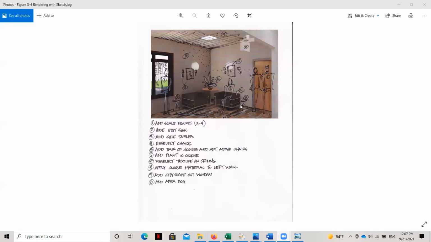Now, you may not be able to sit with your manager in a meeting and talk through every single thing that you want to add, but you may just have to put something like this sketch with these notes in their mailbox or on their desk, or hand it to them as they're running out the door to a client meeting, so that they can look at it at their leisure and give you feedback. So in this case, this annotation strategy and sketch works really well because it allows you to communicate asynchronously with your manager about your ideas.